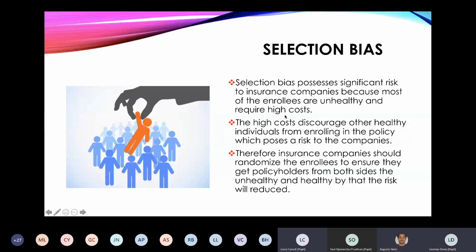Yes. Okay. That is a very good question. As I was saying, insurance is a very complex business because of the free rider problem, because of these ways that people can take advantage of the system. One of the ways they eliminate this problem is that they randomize the people they're going to give the policy, the people they're going to insure. So they do not take into account the problems of other people.